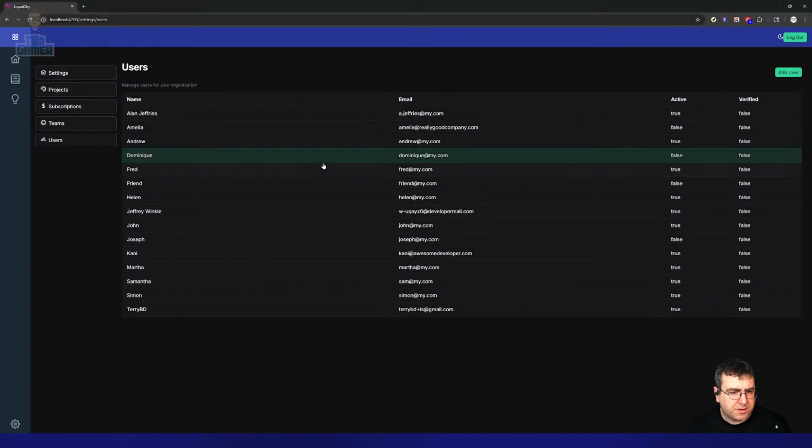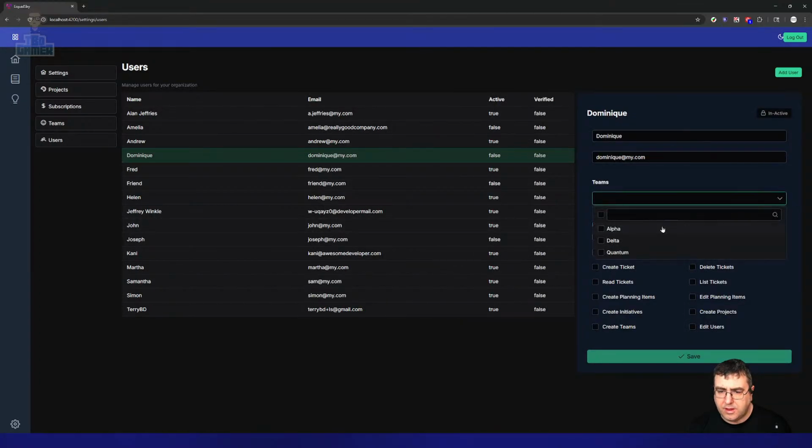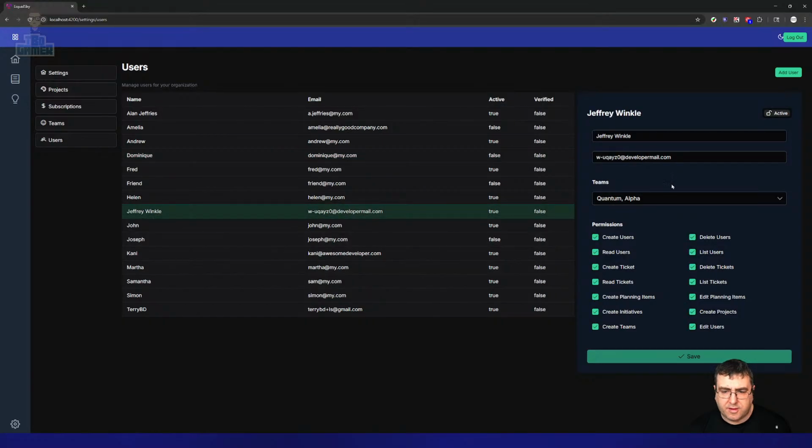So if I go to a user, I can go to here and I can select a team, right? Let's actually assign them to Delta. So Dominique has been assigned to Delta, Jeffrey is assigned to Quantum and Alpha, and Fred is assigned to Alpha,